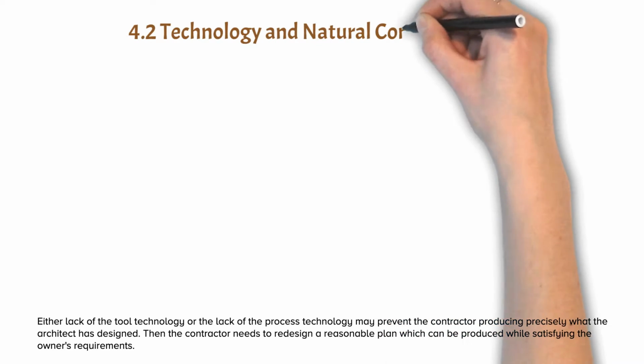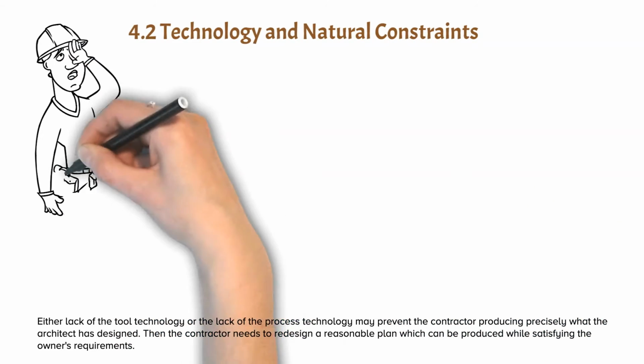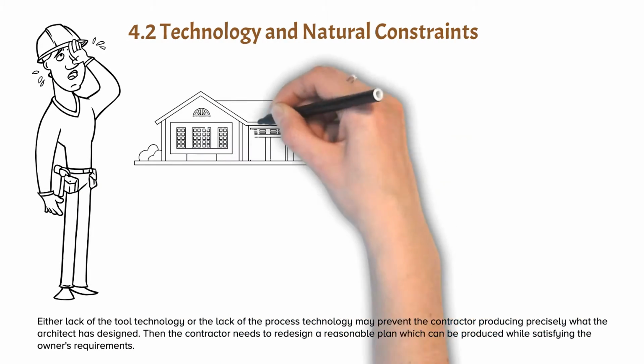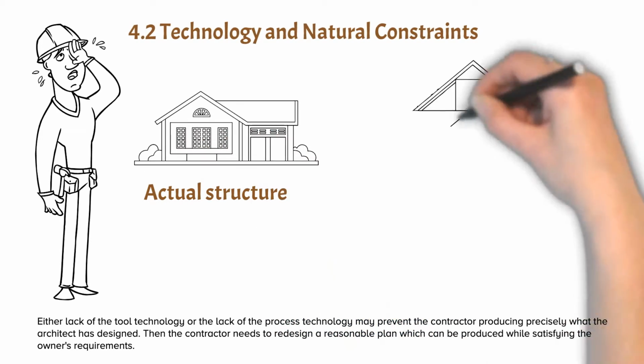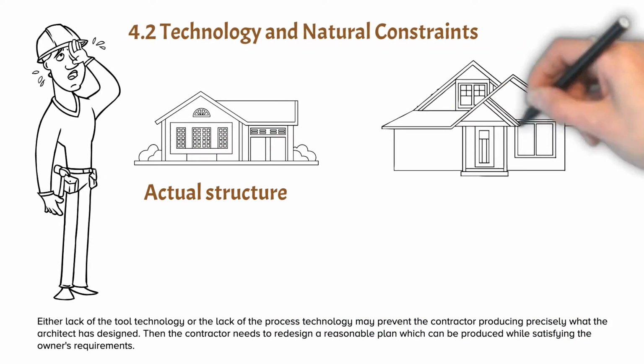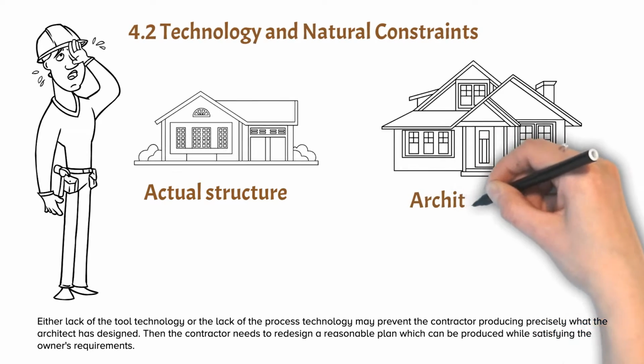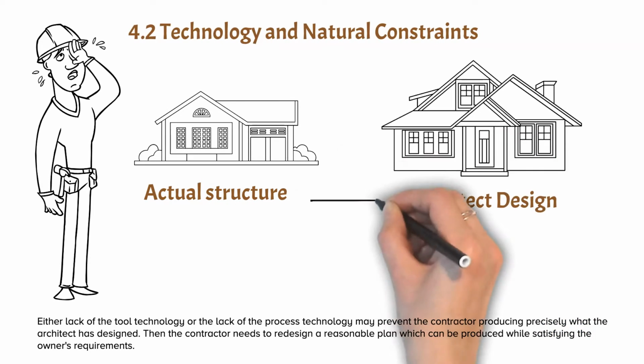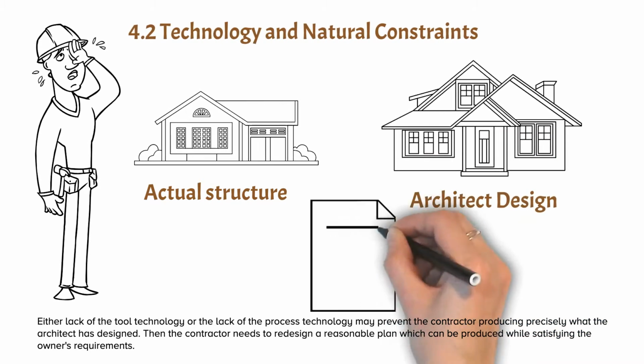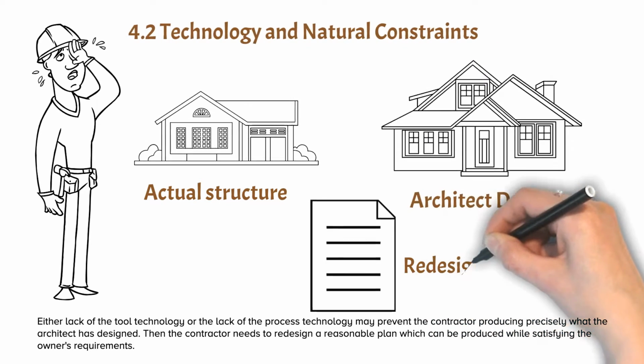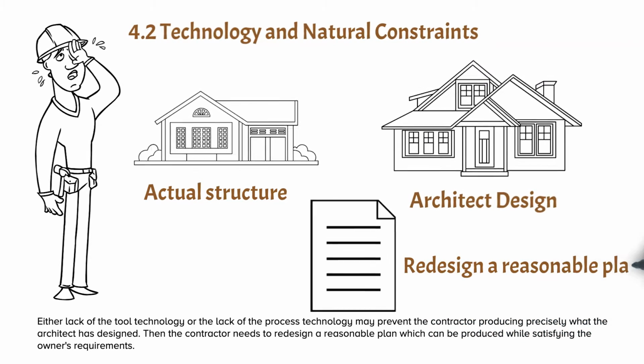Also, technology and natural constraints exist. Either a lack of tool technology or a lack of process technology may prevent the contractor from producing precisely what the architect has designed. Then the contractor needs to redesign a reasonable plan which can be produced while satisfying the owner's